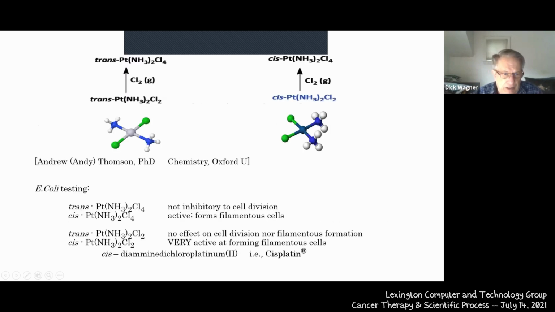Now, by that time, Andy Thompson, who had gotten his chemistry at Oxford University, had come into the lab as a postdoc. And you can buy the two isomeric forms, starting materials, to form the ending material that had been submitted in that paper. Now, platinum can form a number of compounds, and platinum being a heavy metal forms chemicals